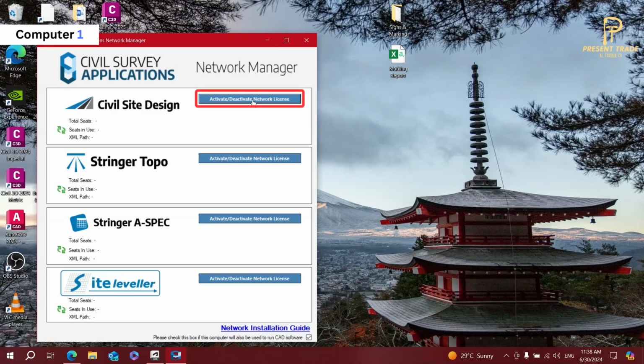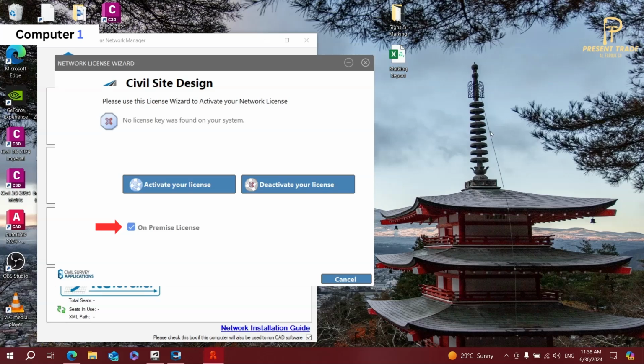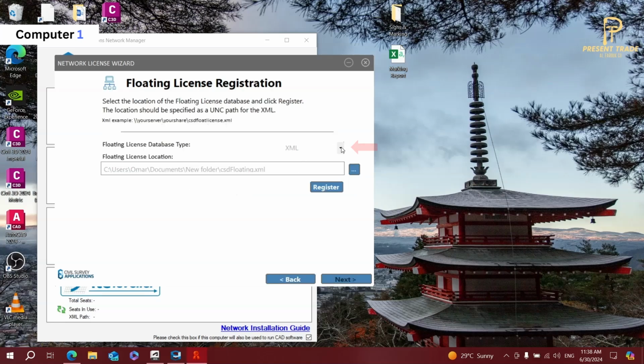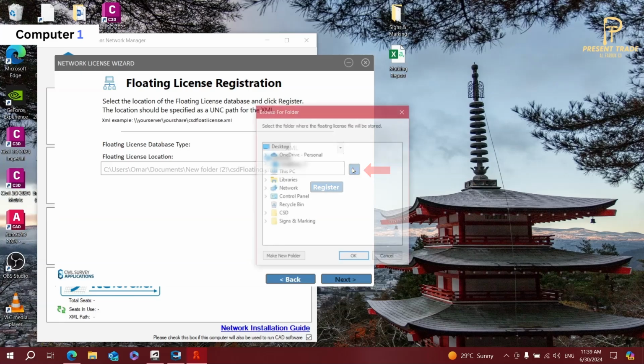Then click on the first button, Activate, Deactivate Network License. Make sure that On-Premise License is checked. Then click on Activate Your License button. Here, you can choose the floating license database type, which will be XML, and you can also choose the location